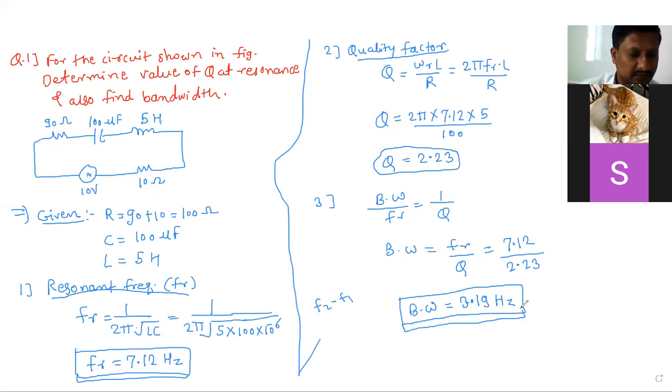This is a simple calculation. The values are given directly. You have to use the formulas and get the answer. Okay. The last point remaining for the series resonance circuit is magnification. Selectivity and magnification in the series resonance circuit and 2 to 3 examples are remaining, which we can continue in the next lecture. So in the next lecture we can complete the series resonance part. Maybe the lecture will be today only, in the afternoon session. Thank you. We can stop here.